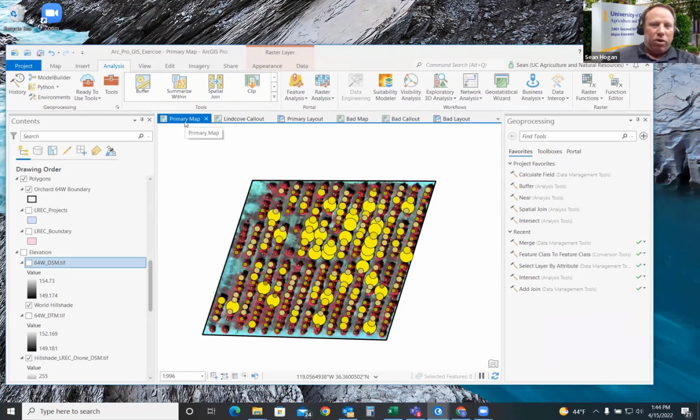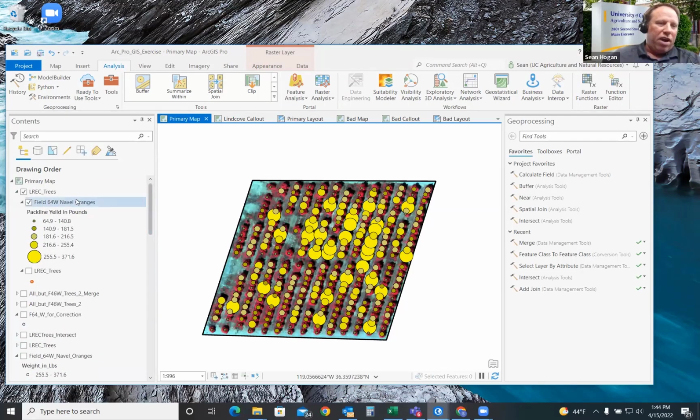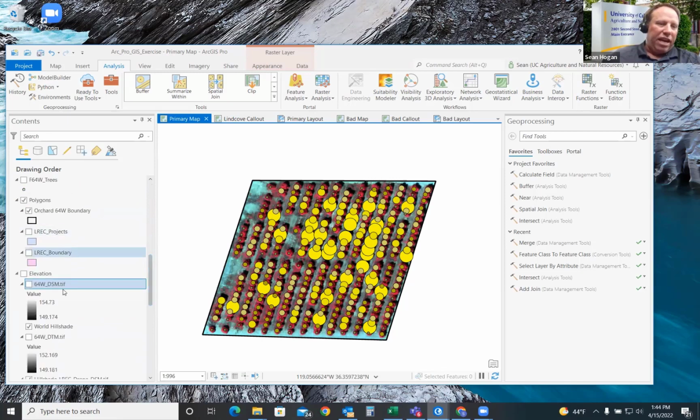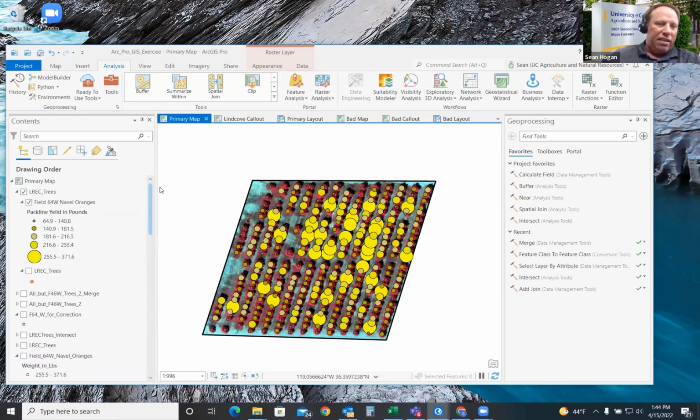Back in my map view, this is where you'll start off working and where you'll spend most of your time in general, even though you can spend a lot of time in your layout view as well. In your map view, this is where you're going to organize your data in your contents pane on the side. Typical convention once you get going is to include the smallest layers or the layers that you're working on at the top, and then have the larger layers or the ones that you want buried on the bottom. What I mean by buried is that the layers on top here will show up on top on your map.